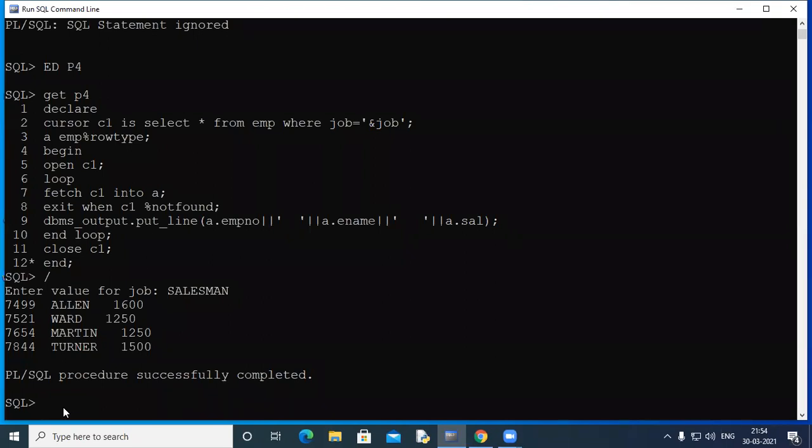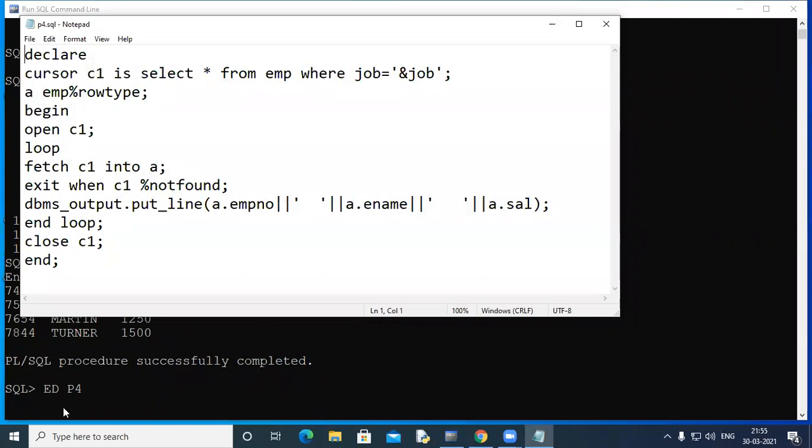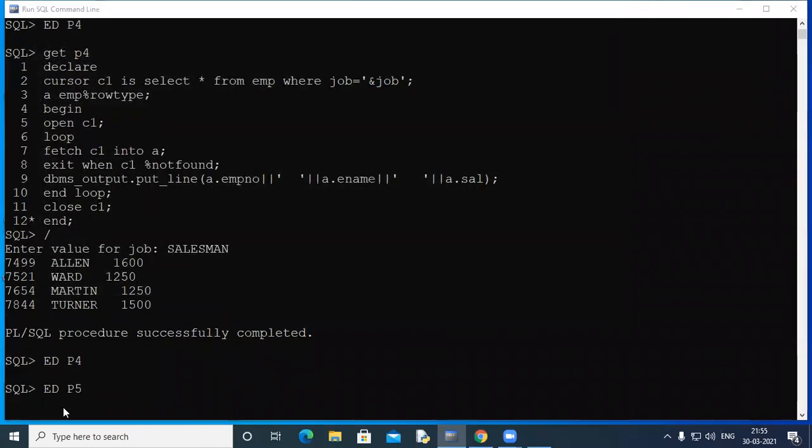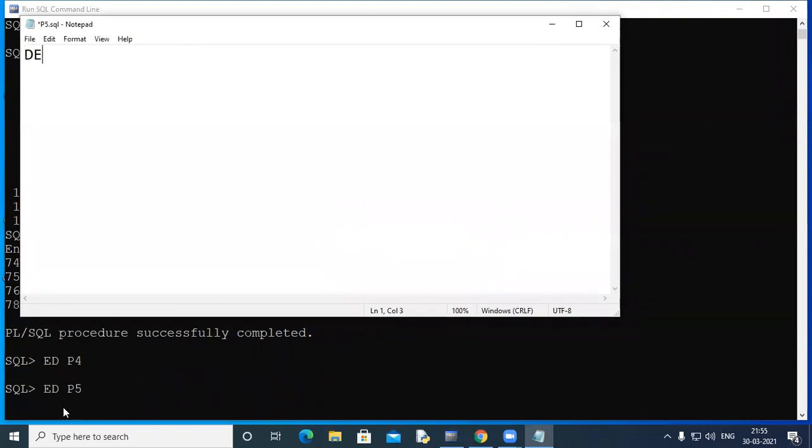Write a program to display employee details for a specific department. Let's use a new one, say add P5. Say declare, then begin, then end.